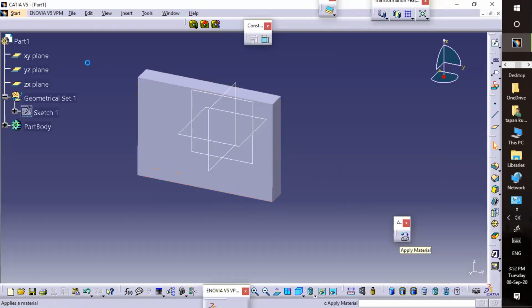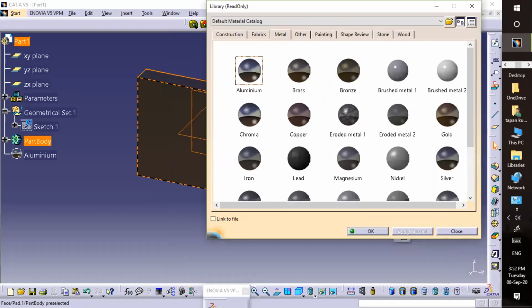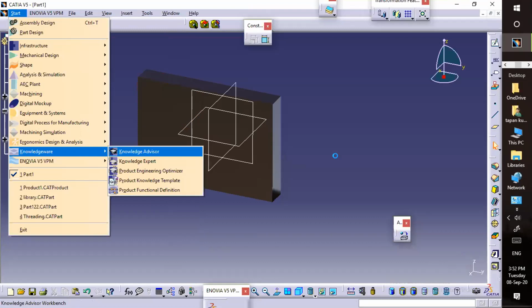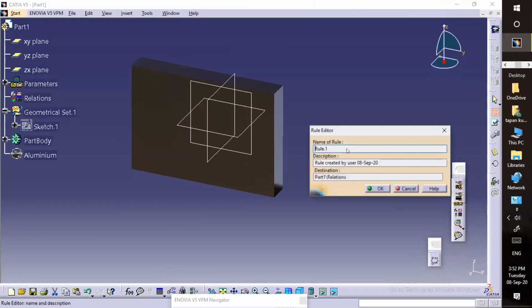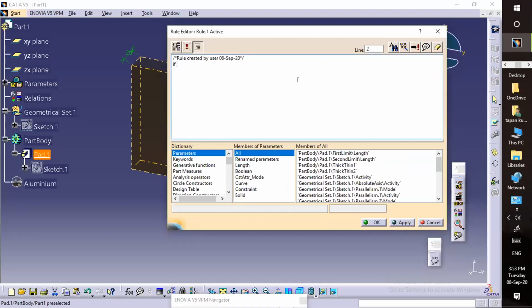Now what you will do, go to the part, select the part 1. Then start knowledge advisor, then go to the rule. This time I will go very slowly because if I commit a single mistake also it is a problem. If part body, select this one, double click.